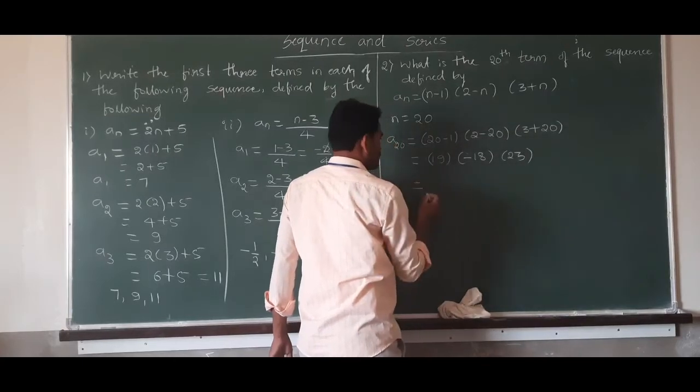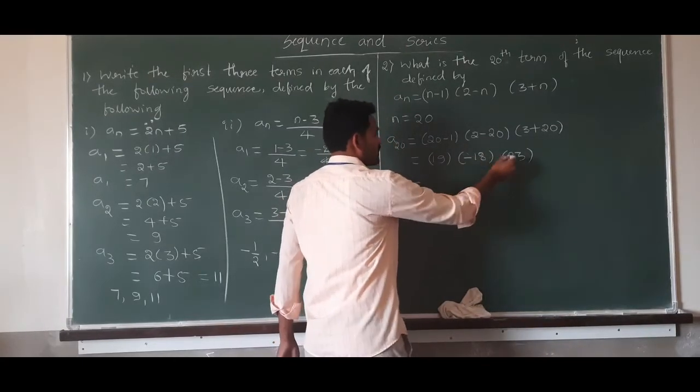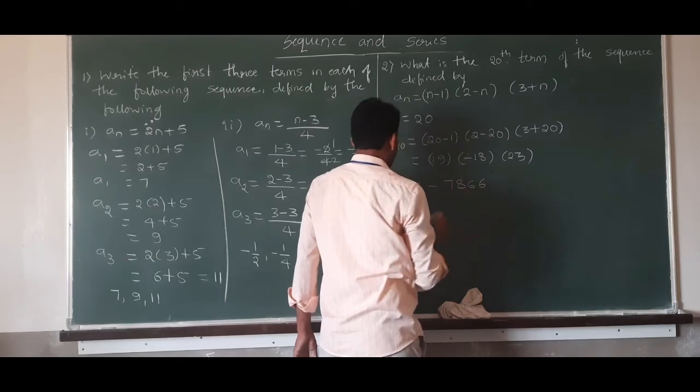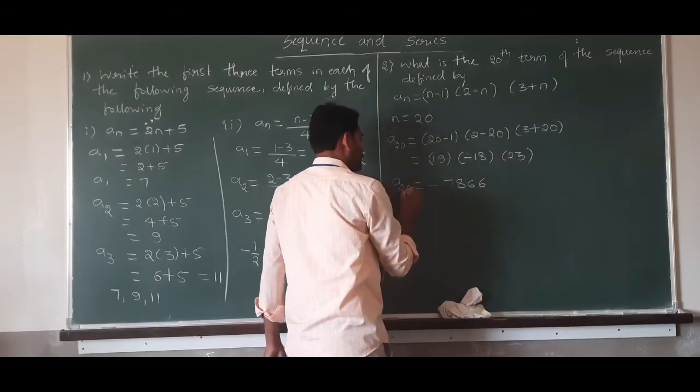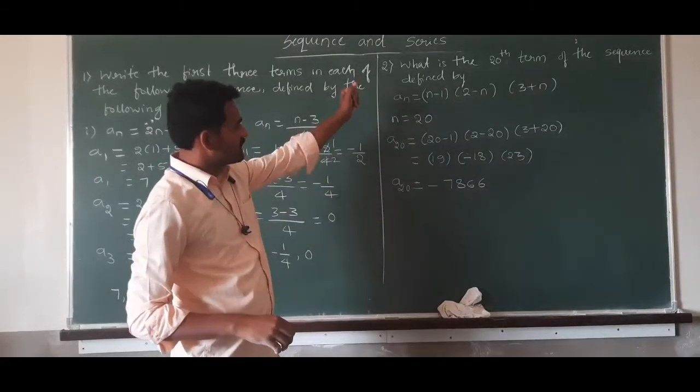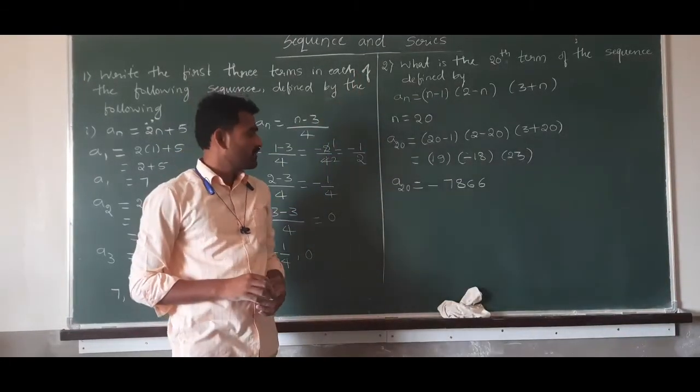So the product is plus into minus is minus, minus into plus is minus. So the value is 7866. The a20 value of the given sequence is minus